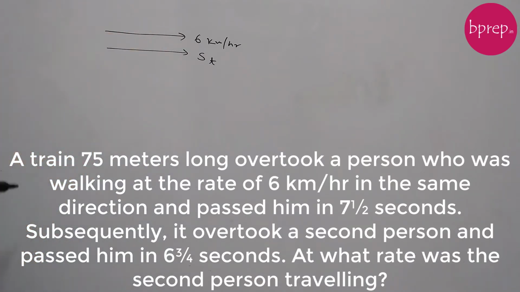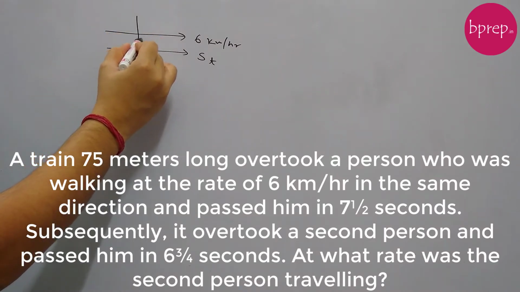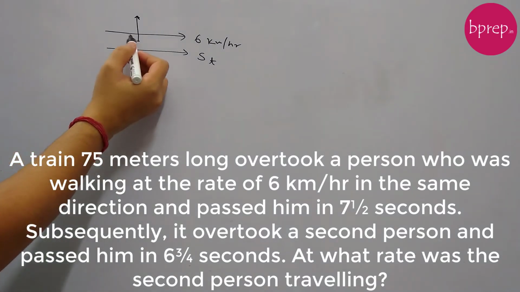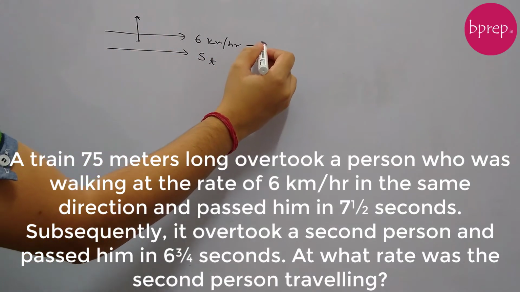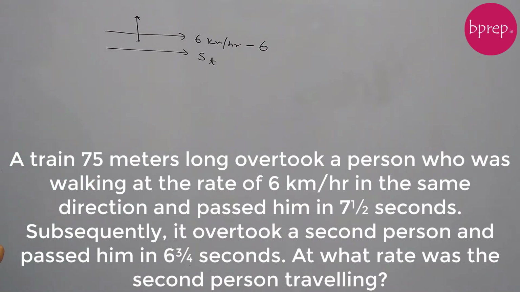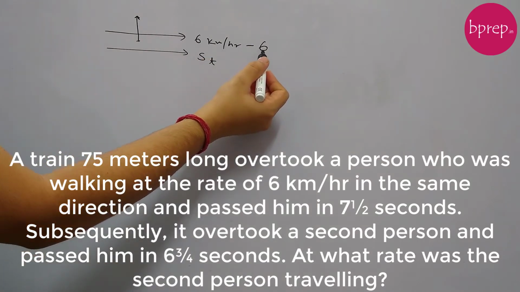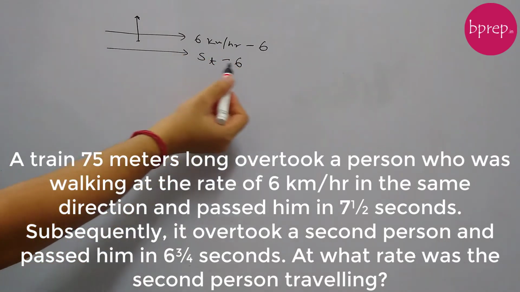Now the problem here in the visualization is that because both the objects are moving, we have trouble visualizing what is happening. So in these types of problems, we make one thing static. In this case, let's say the person is standing here, not moving. So what we have done is, if the person is standing here, that means the speed of this person is 0, or we have reduced his speed by 6 kilometers per hour. By using the theory of relative motion, if we subtract the speed of one object, we can subtract the same amount from the other object's speed as well.